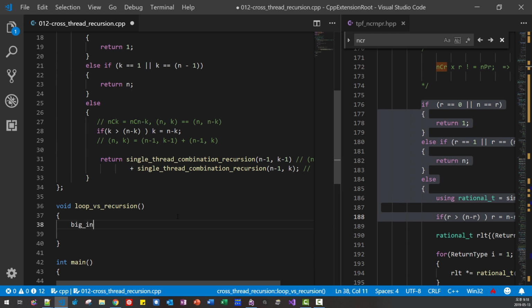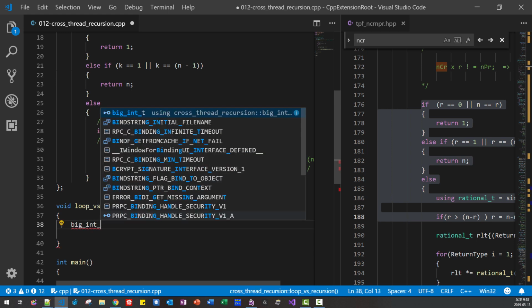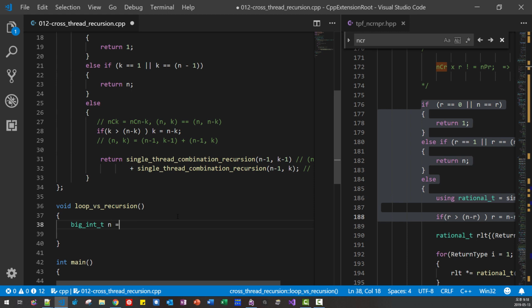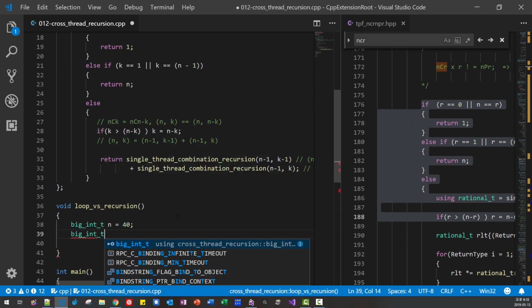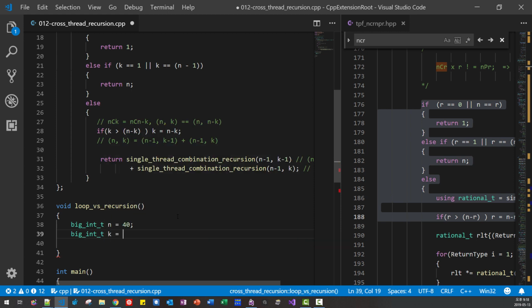BigInt t n equals 40, BigInt t k equals 12. Okay, so we are going to compute nCk, 40 choose 12.